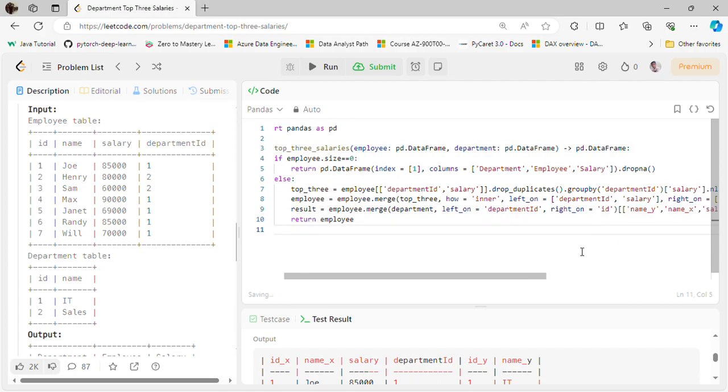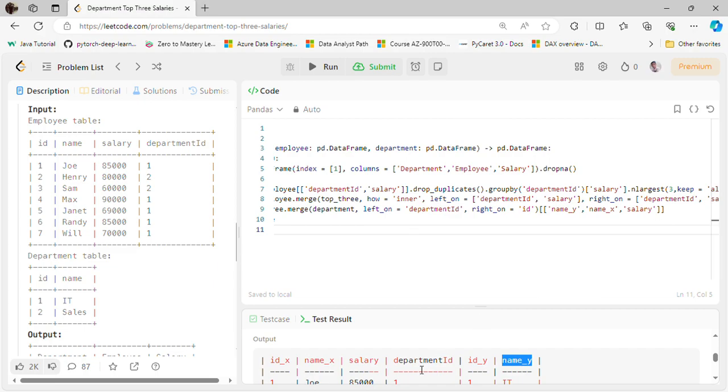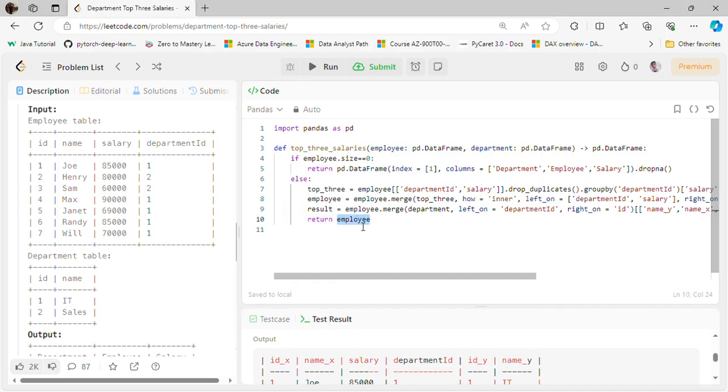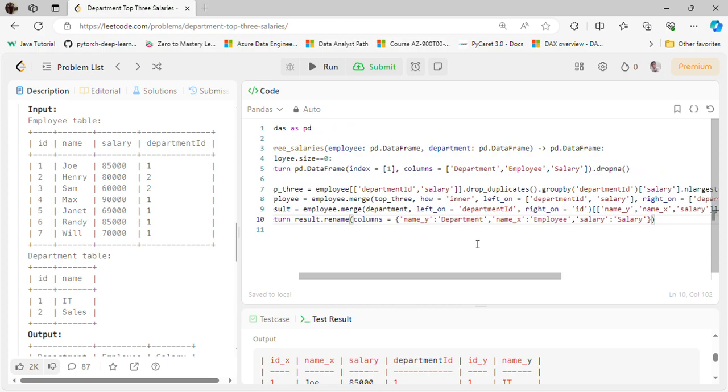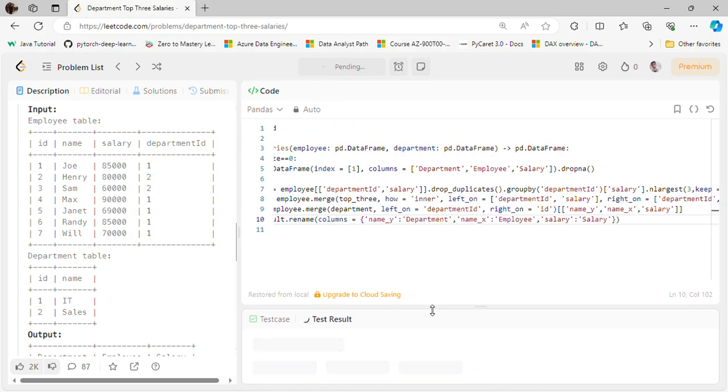So basically from that, here we are taking name X, salary, and name Y. Basically we need the employee name, department, and salary. That is why we are taking this one. Then we are doing nothing else. We are just renaming the column names in that result, and we are returning that data frame. So we'll run it here,